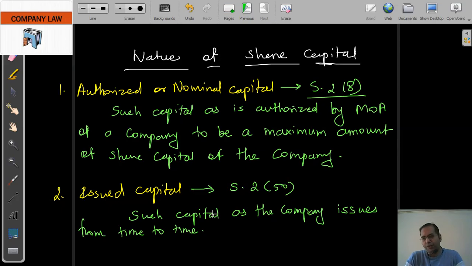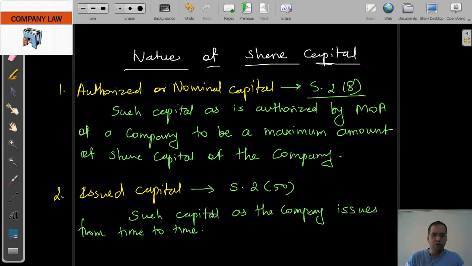So let's say the company is going for 2 lakhs, so the company has first come up with the issue of rupees 2 lakh. It is that part of authorized capital which the company issues from time to time for public subscription, meaning for shareholder subscription, and then allotment, and this is computed at the face value of the nominal capital. Okay, so in my given example, I'm going to explain it to you so that you get a better idea how you can differentiate between all these types of capitals. First we will try to understand the theoretical aspects of the nature of share capital.